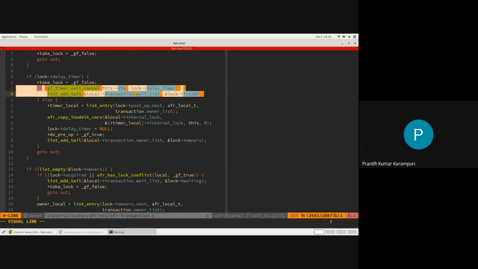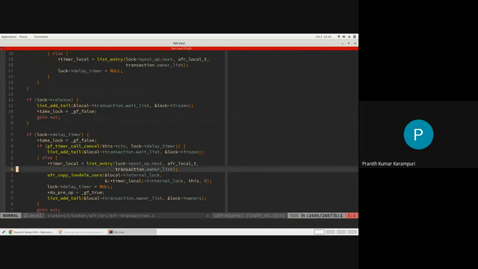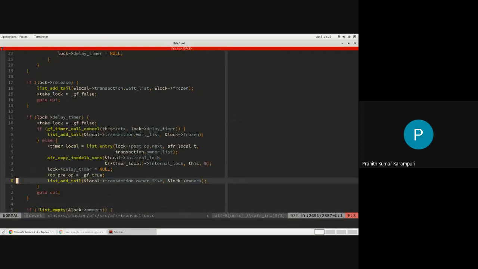So you try canceling that timer. If the canceling fails, which means the event has already fired to do the unlock, then you will again do the same thing of adding it to the frozen list like we did before. Otherwise, you are becoming the owner. Okay, so that is how it is.